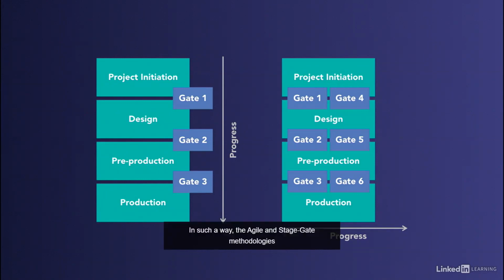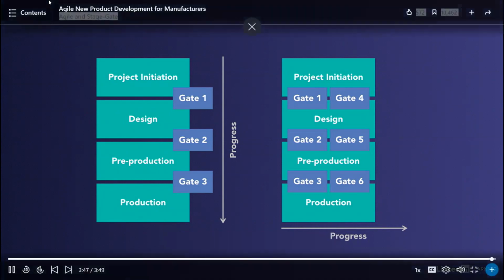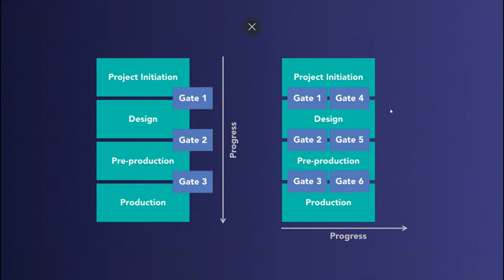In such a way, the Agile and StageGate methodologies work very well together and can give the competitive advantage of shortening the new product development time for manufacturers. In summary, for this chapter,